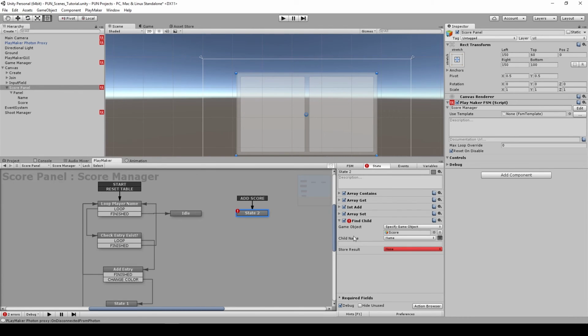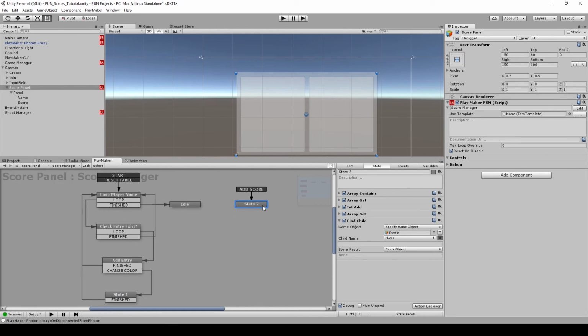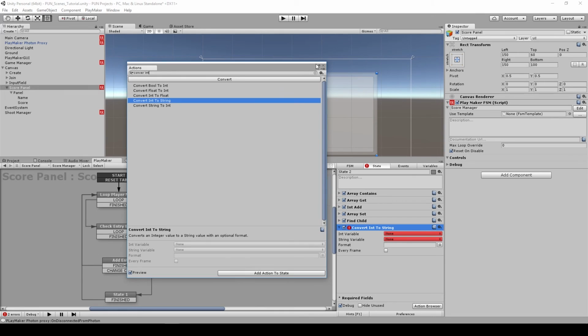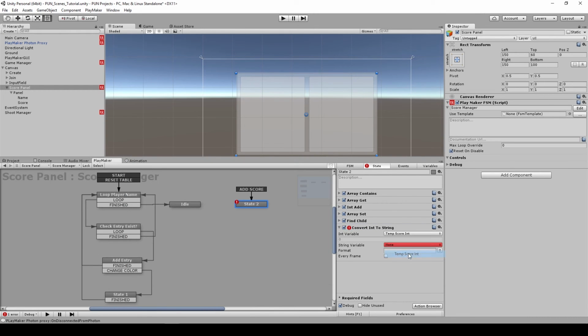Now we need to name, and we are going to store this to a score object too. So you can use this, because at this point we are not going to use this game variable anymore, because we already set our table before. So okay, and then we are going to convert integer to string. So here we need to convert our temp score to a new variable. Let's call this temp score temporary score string,